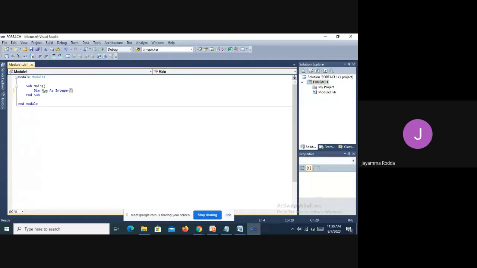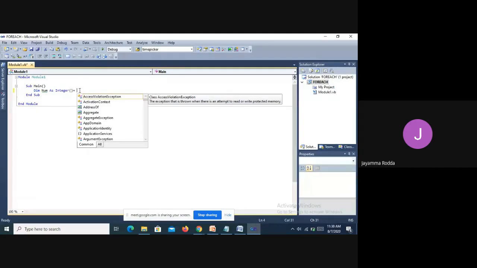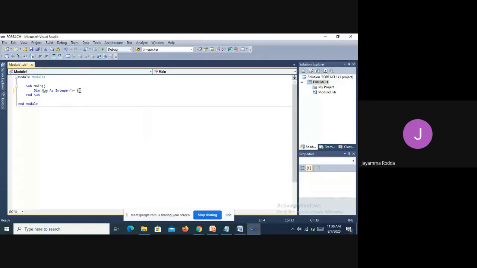In Visual Basic an array is declared like this. In the next class, we'll discuss how the array will be created. Here the list of values that have to be stored in the array should also be given